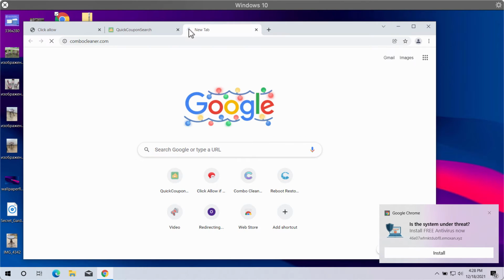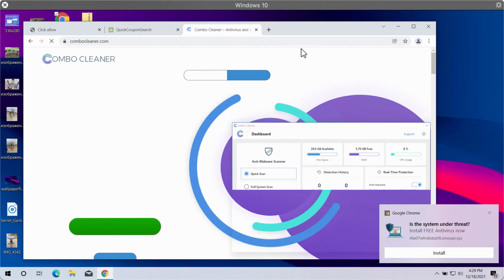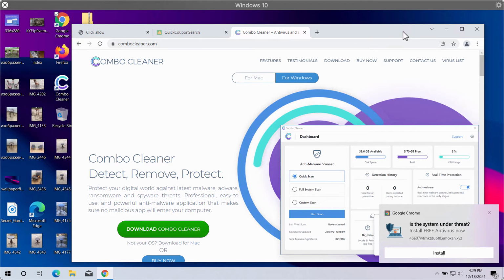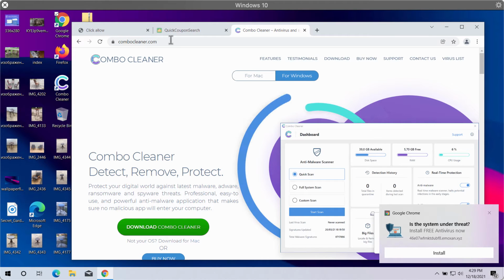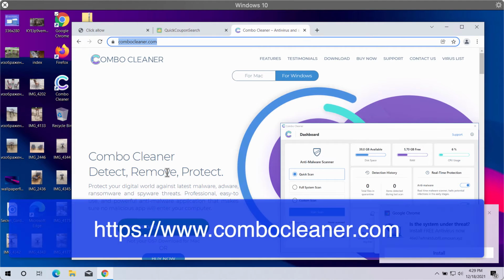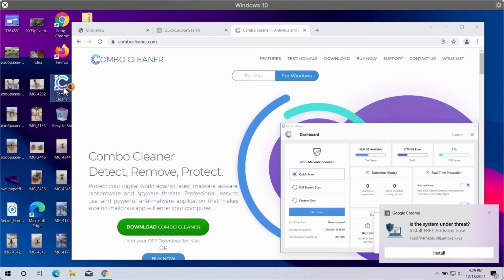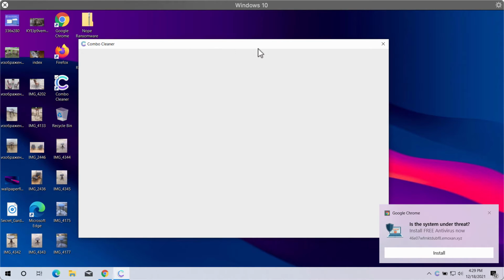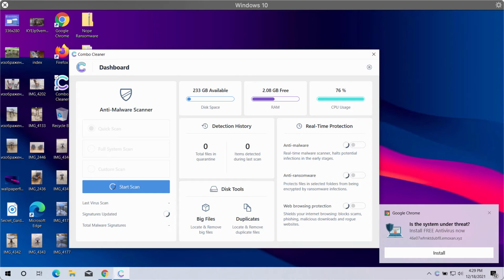But I also recommend you to scan your computer with the help of Combo Cleaner Antivirus to make sure that your device is free of other hidden threats. Go to the page combocleaner.com, download Combo Cleaner using this green Download Combo Cleaner button. Install the application and begin scanning your system with its help to detect and delete other possibly hidden threats from